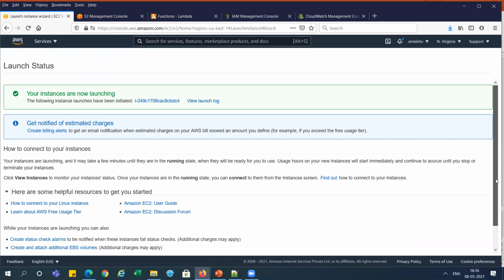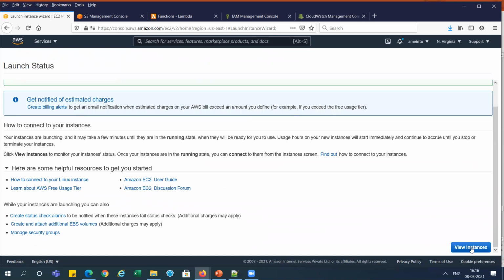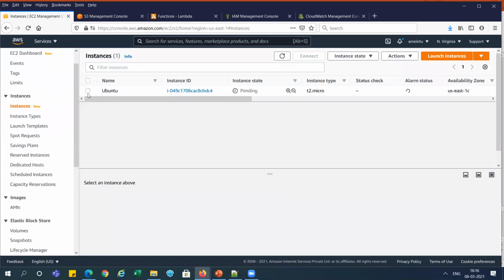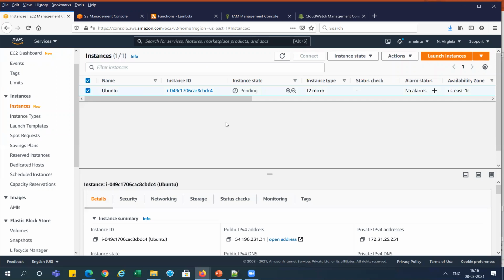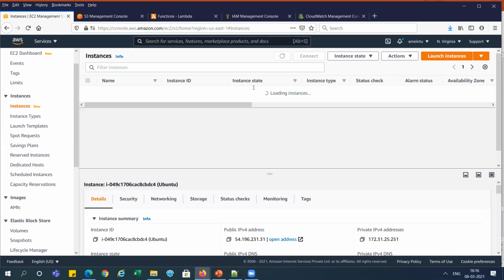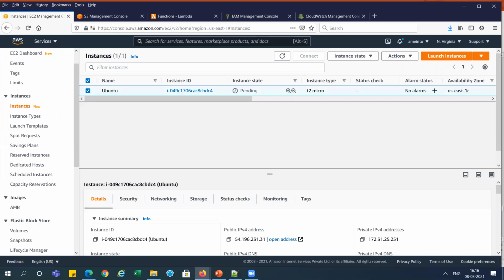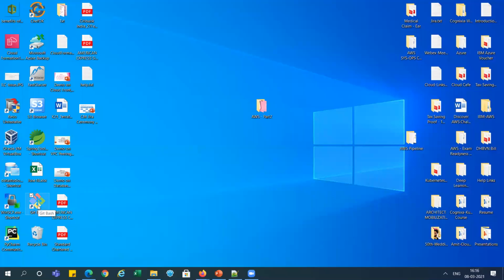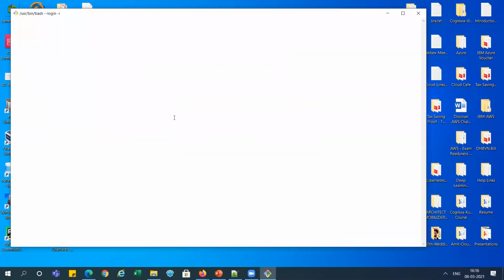So it will take 1 minute to create the instance. Let me see. You can see it is showing pending status. So let me open the Git place where we will go and collect my PEM file path, right?